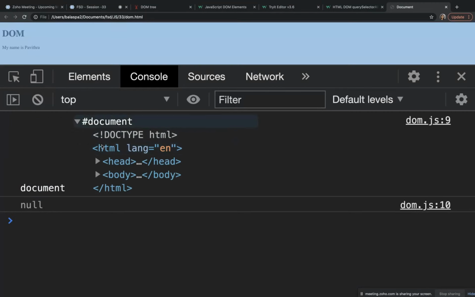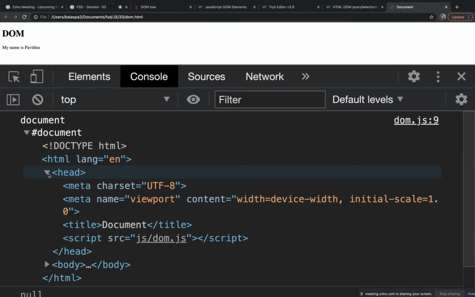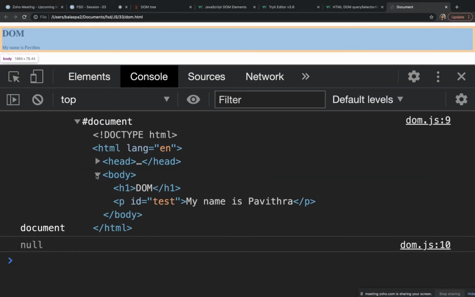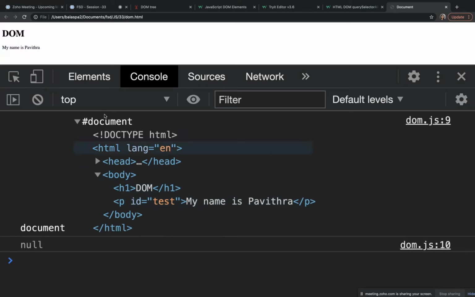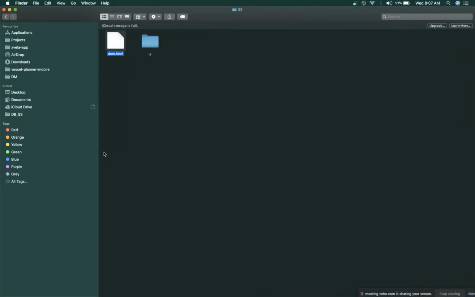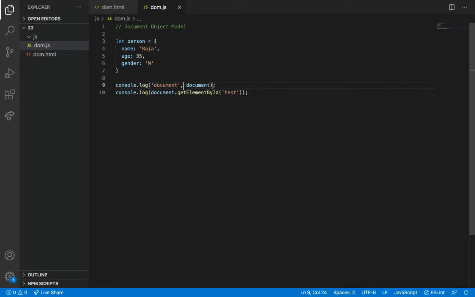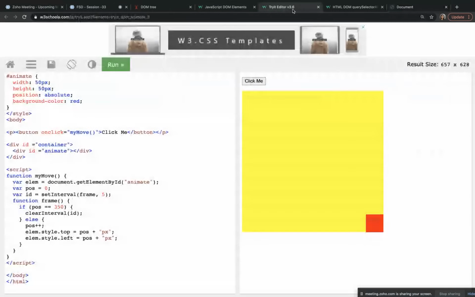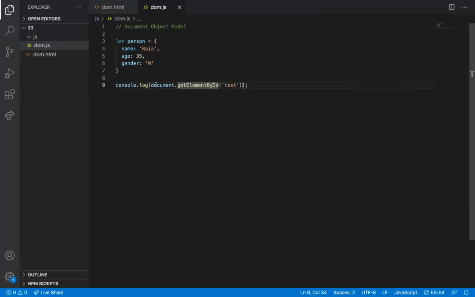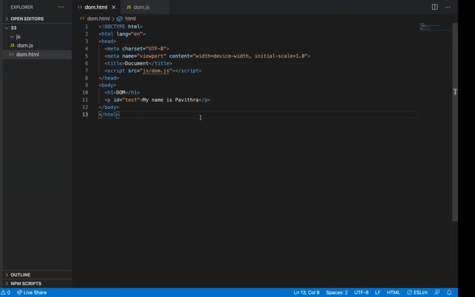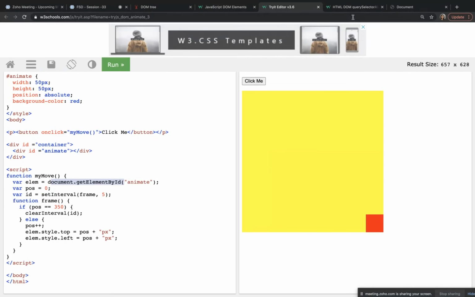Actually, this is the document, so it will get stored like this. So I'm going to get this p tag from here. Fine. Mistake I have done. Document.getElementById of test, right? Yeah, big mistake.